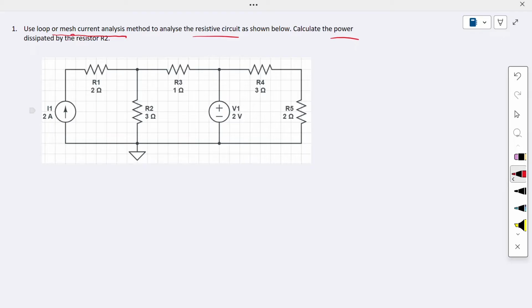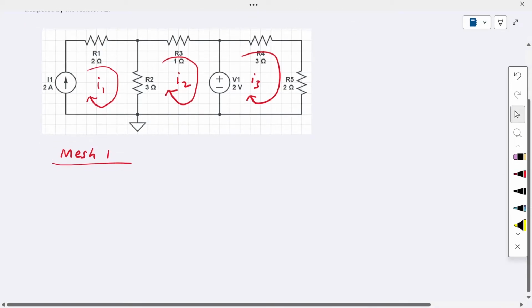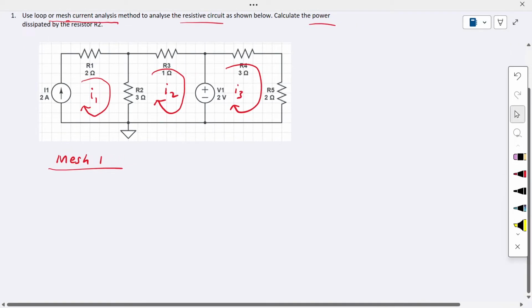So we can use the mesh loop method. In the mesh loop method, we can assign the mesh loop currents. Let's assume that this is one current direction. We identify it as I1. And this is another loop, I2, and here is I3. Okay, so that means we're going to write the KVL law for mesh loop 1. So in this mesh loop 1, we can assign the